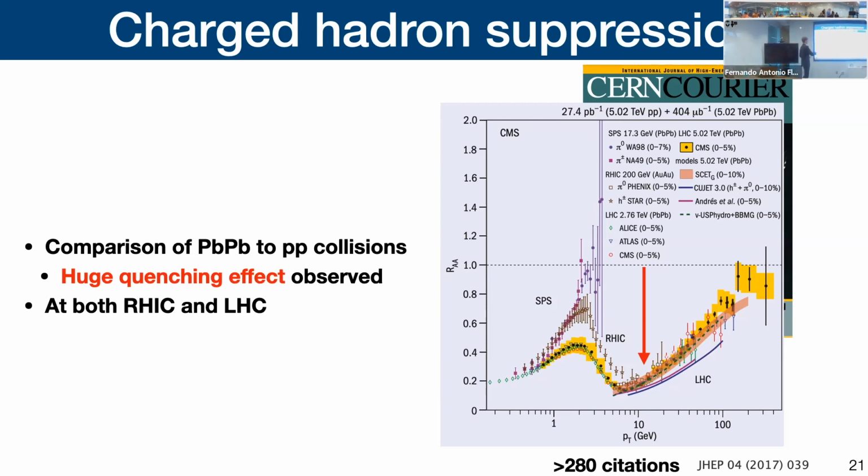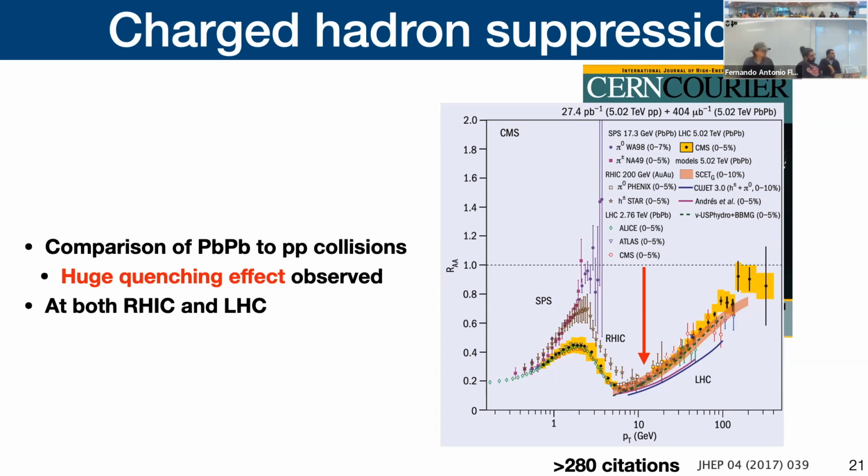And you can see that in this observable, what we do is we compare lead-lead collisions to proton-proton collisions with an appropriate scaling factor. We take a ratio. And in that observable, essentially, if there's no quenching, then you would expect this value to be at 1. We clearly do not see that based on the data. You can see there's a huge suppression, and that is a direct result of jet quenching. So this is a quantification of jet quenching.